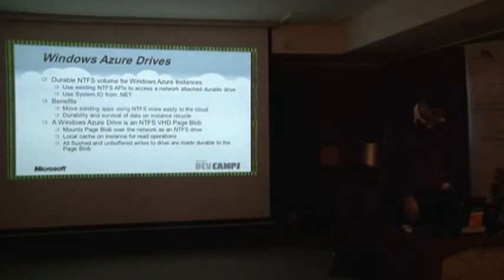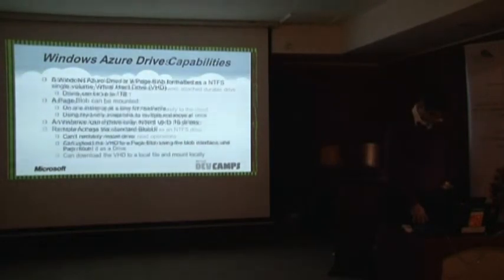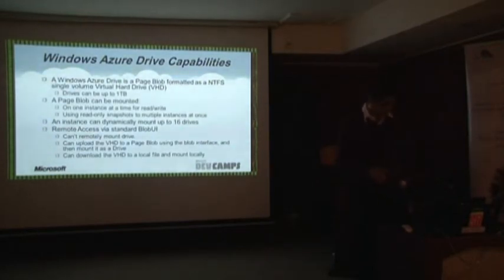You can mount blobs over the network as an NTFS drive. It can cache local data onto the instance of the server itself. So you have a local cache on the server itself where it will cache the data. As I mentioned to you, it's a page blob. It can be mounted. So you can have up to 16 drives mounted on an instance. Now the way this works is any one instance can work with a drive at a time,